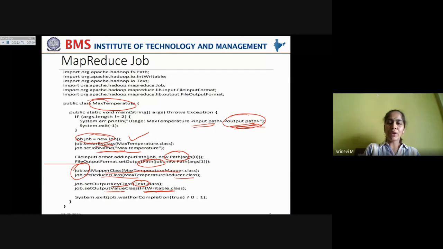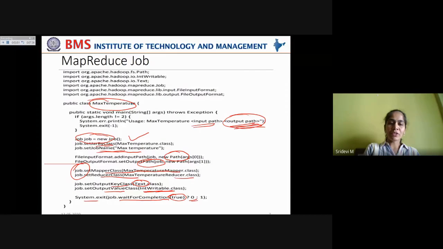Okay, and finally you are calling the waitForCompletion method through the job object, which actually writes its status to the console in the form of verbose. In this case, it writes its status by indicating it as true if the job is complete, and that will be converted to the Boolean output 0 or 1. If the task is complete, then it gives 0, otherwise 1.